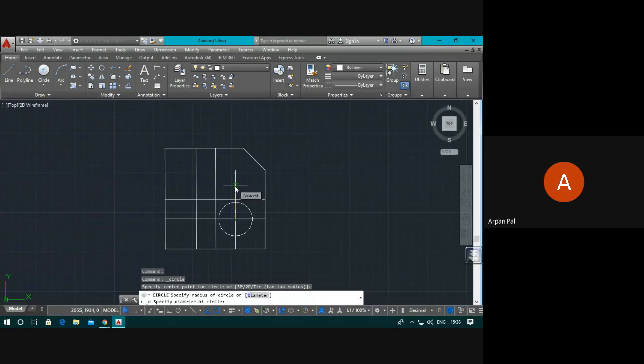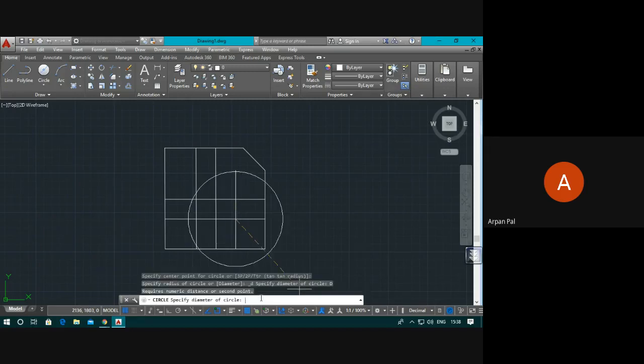Just click to select this point. One click means your center has been selected. Then it is asking for specify radius of the circle, specify diameter of the circle. So it has taken the diameter. Select the diameter from the command box, and give diameter 20. Enter.